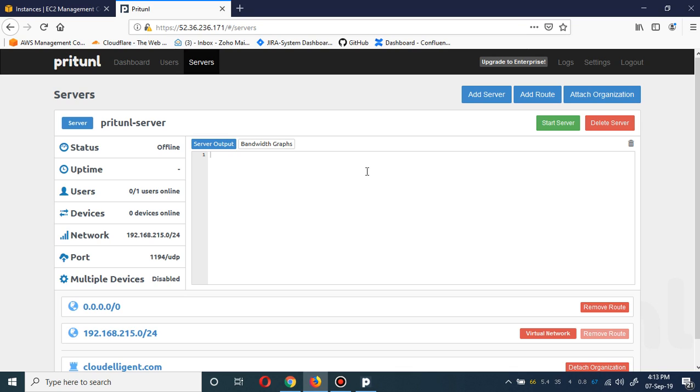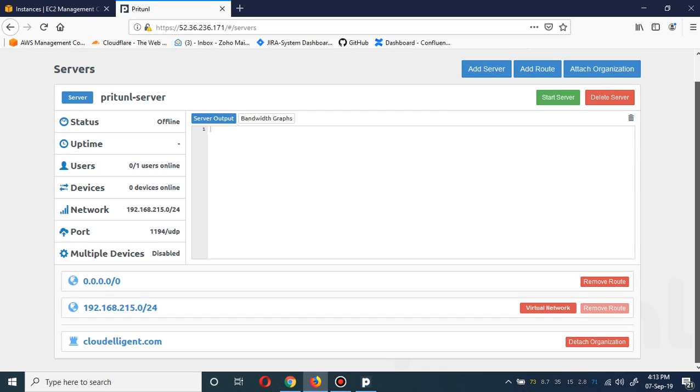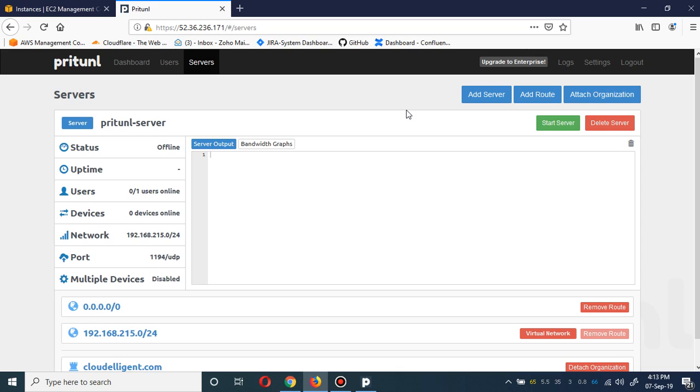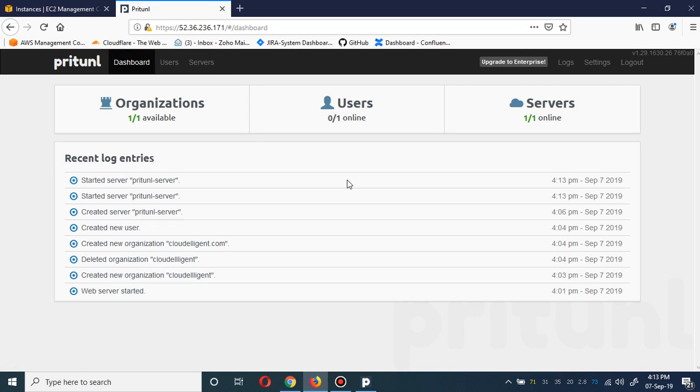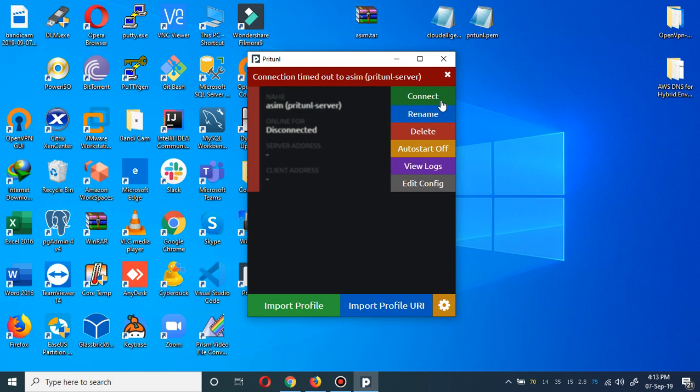Okay, sorry guys. One thing I forgot to tell you, that I've set the server but I've not started it, so that is why I'm not able to connect. Now I've clicked on start server. Let me start the server. Okay, if I go to the dashboard, one organization, one server is now online. Okay, let me try again. If I click connect and enter the pin,